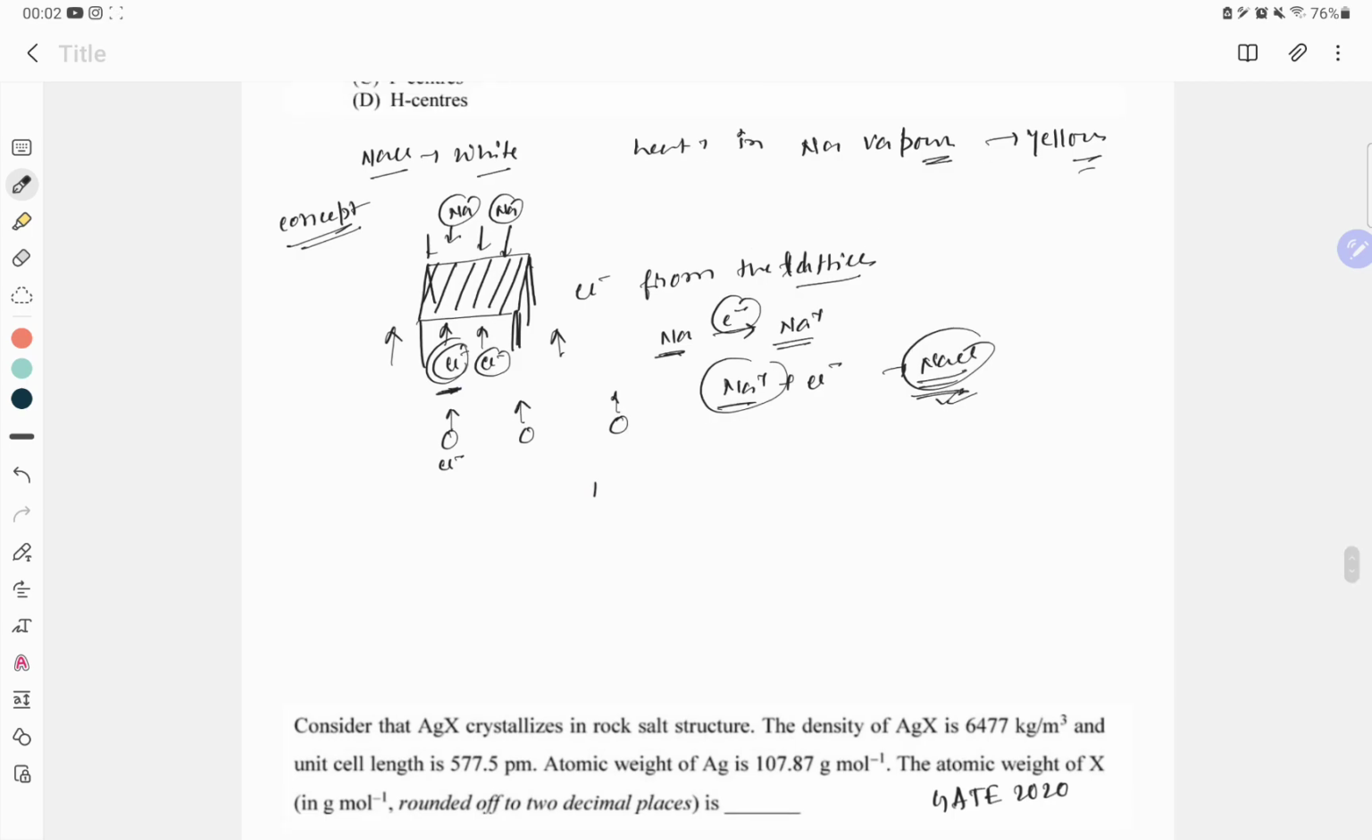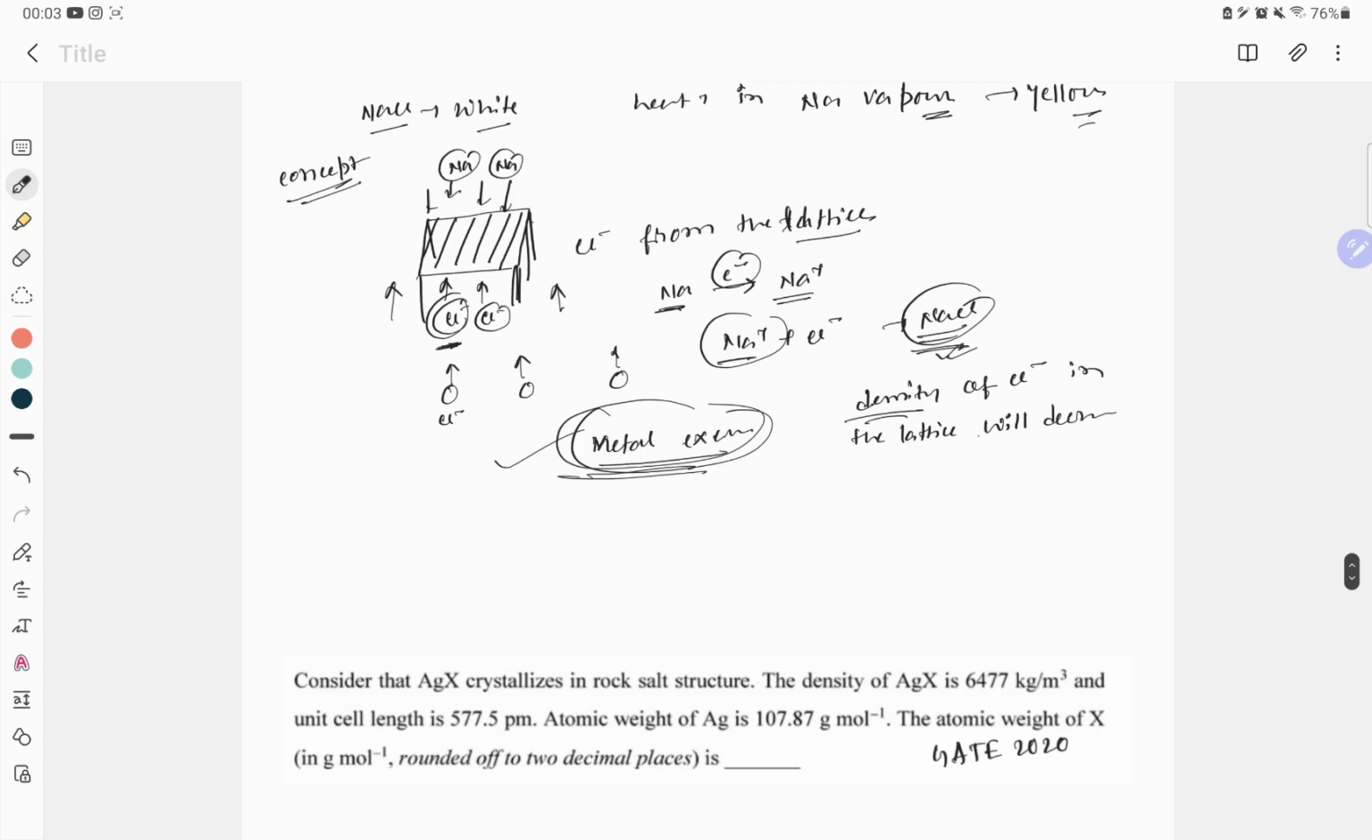So now there is a metal excess defect, meaning in the lattice the density of Cl minus will decrease, but the density of metal is intact because there is no change of density of metal in the lattice. So there is a defect of metal excess in the lattice, and this is called a metal excess defect. Okay, and it will create a non-stoichiometric